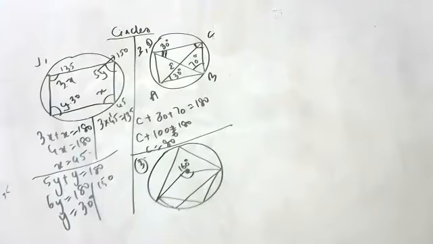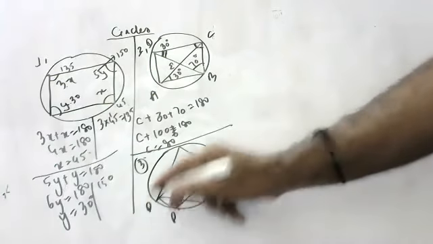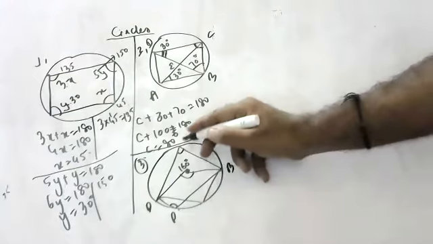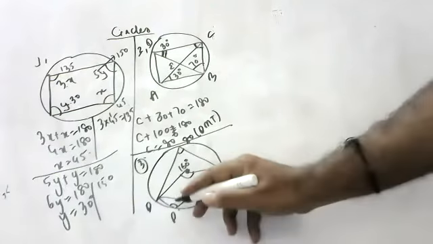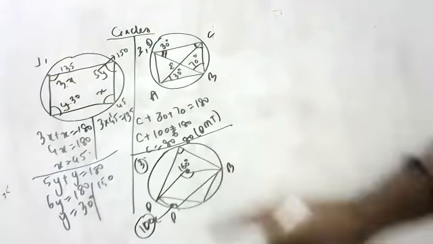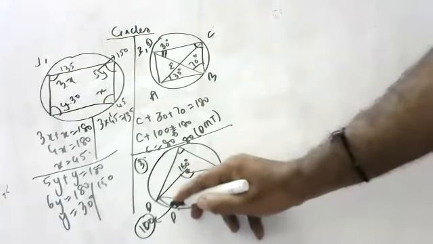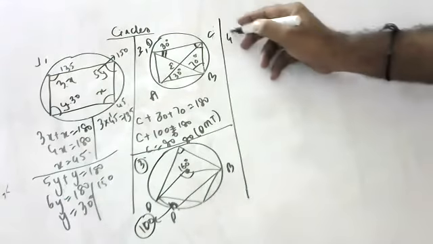The question is to find the measure of BPD. Where is P? Sir, you are asking for this angle. If that is 80, this is 80, right? Degree measure theorem. If this is 80, angle P is equal to 100. In a cyclic quadrilateral, opposite angles are supplementary, children. So if this is 80, this will be 100.